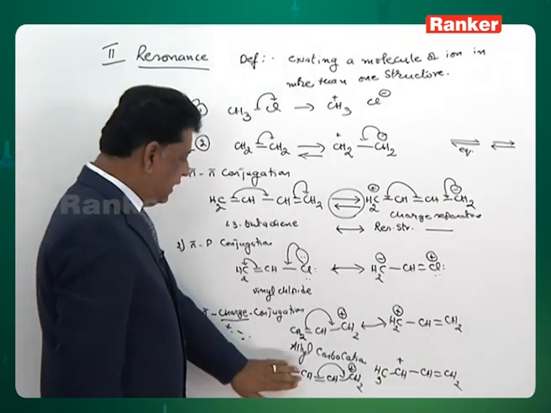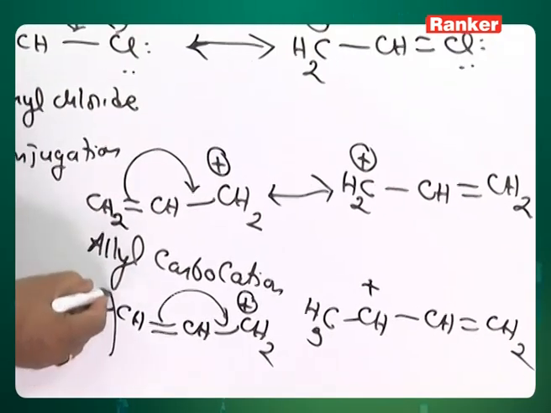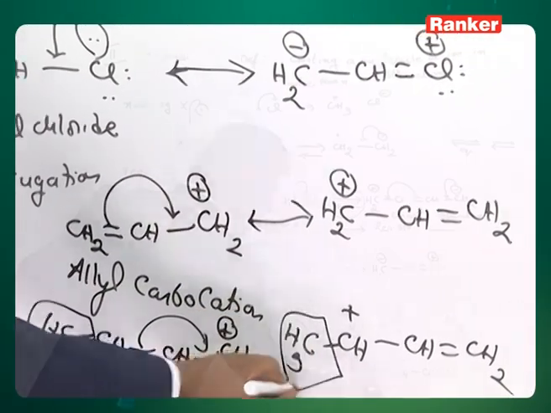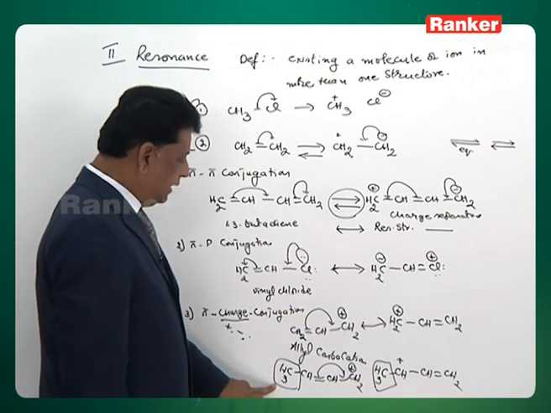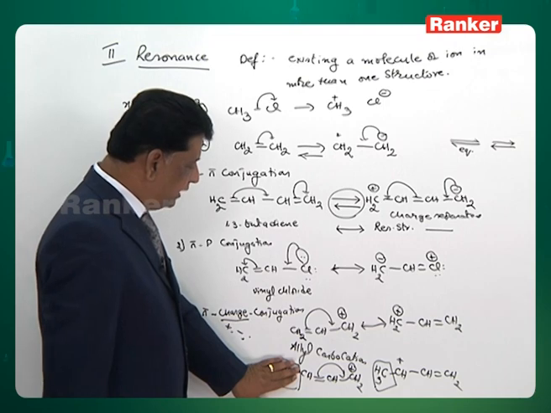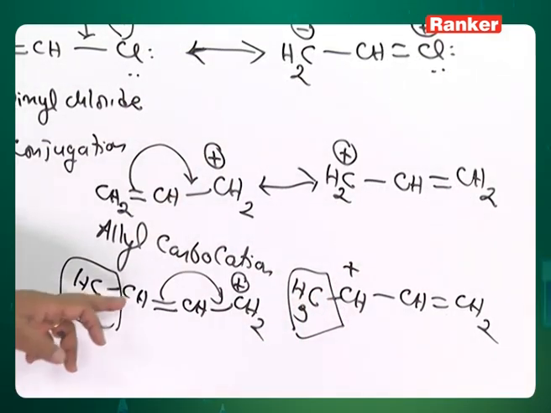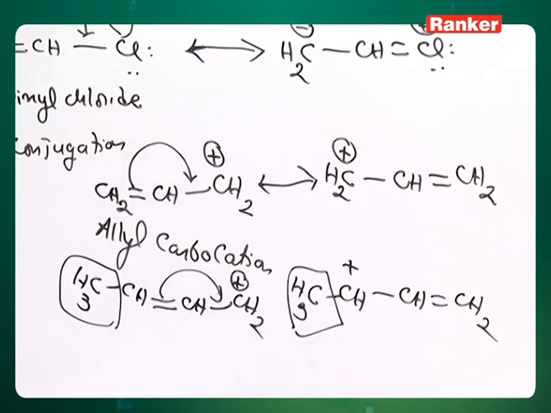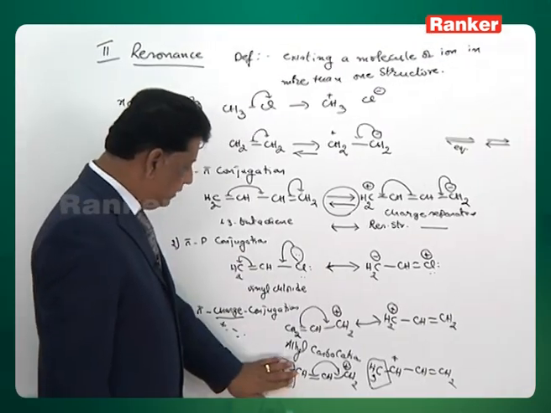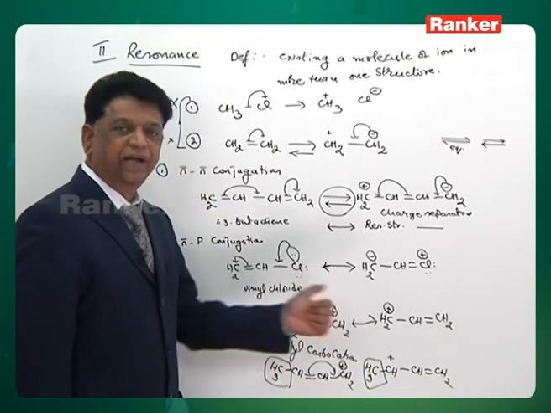Now I only changed one hydrogen: a methyl is added. This is the part I added. If this methyl is not there, you are arguing these two are identical. Just because of the methyl, now you are saying this is different. Because it is a methyl-side carbocation and a methyl-opposite-side carbocation. That means just because of this methyl, we are now able to recognize these two are different, isn't it?